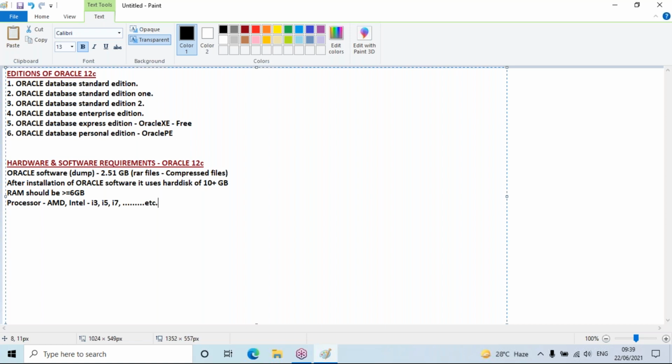And one more interesting thing: before the i series processors, we used to have Core 2 Duo, dual core processors. Even if you have those processors, there are no issues. It will still work, but the same story, processing will be slow.